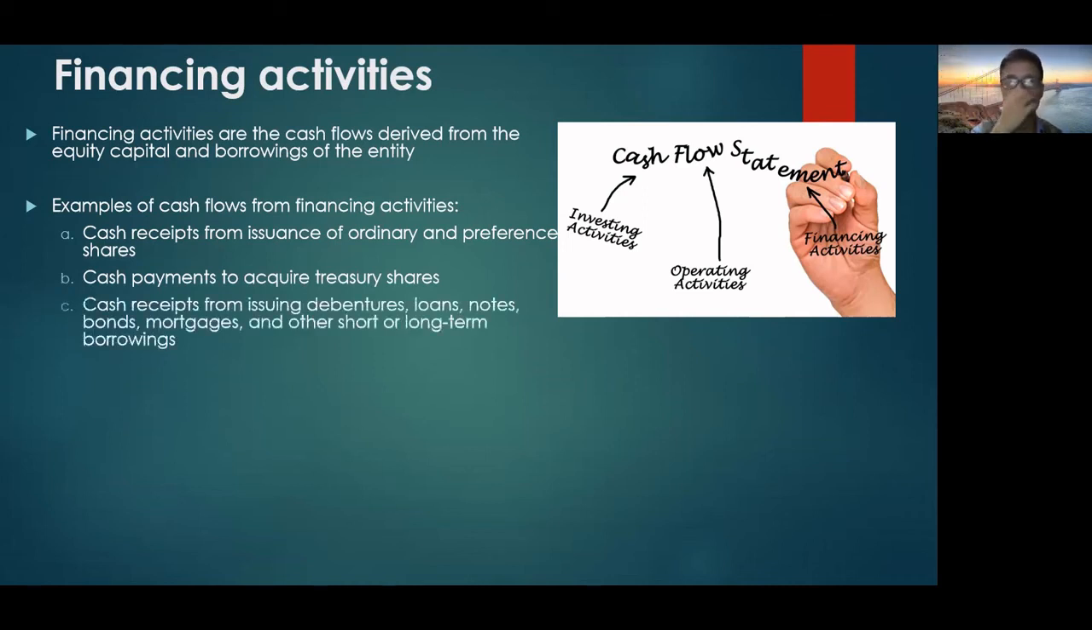Okay, so next is cash receipts from issuance of debentures. These are unsecured loans, notes, bonds, mortgages, and other short-term or long-term borrowings. So when the company contracted a loan in the form of, let's say, a bond or a mortgage, they issue bonds for the proceeds of the money. So the difference between cash receipts from ordinary and preference shares and cash receipts from bonds is because